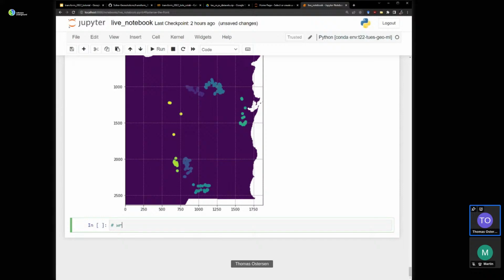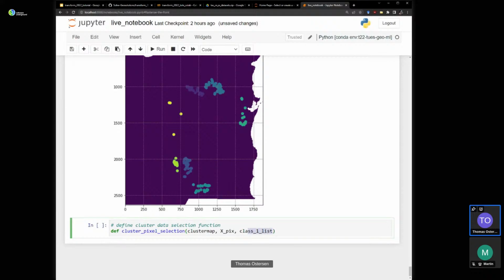Define cluster data selection function. Def cluster pixel selection takes the cluster map, the data cube, or actually the 2D array, and a class 1 list.